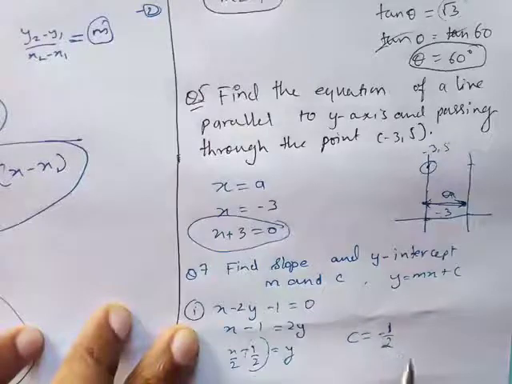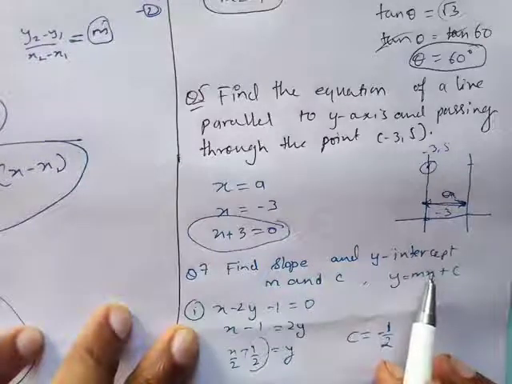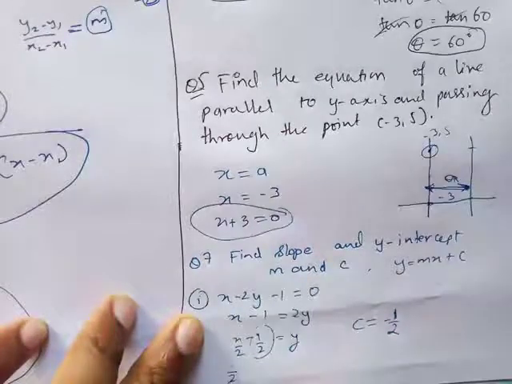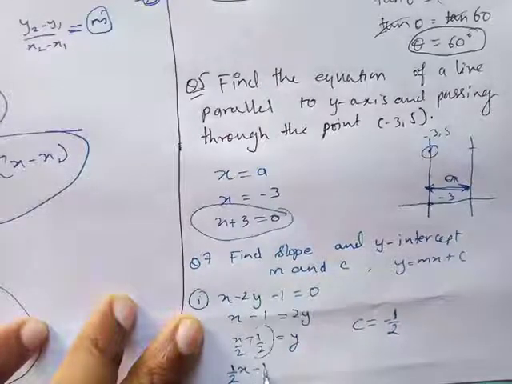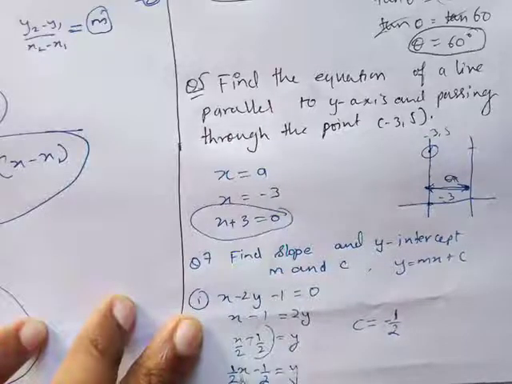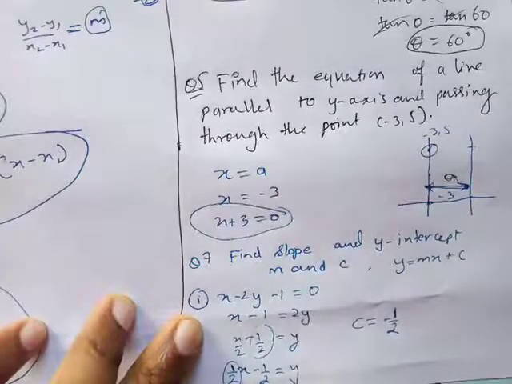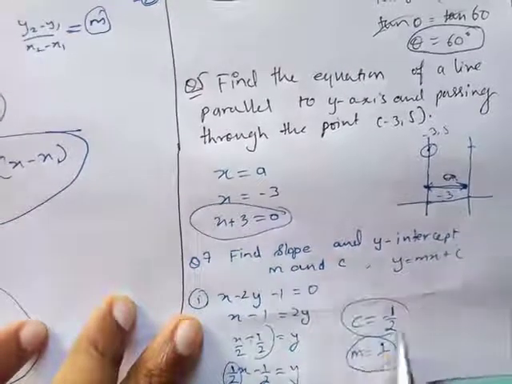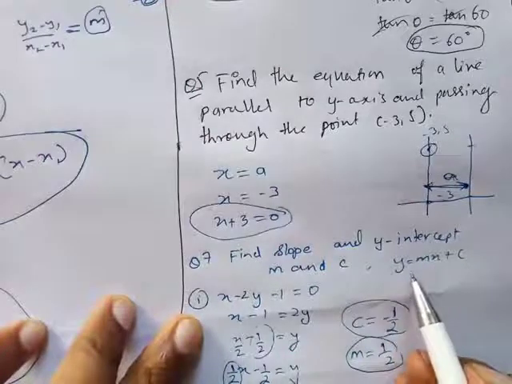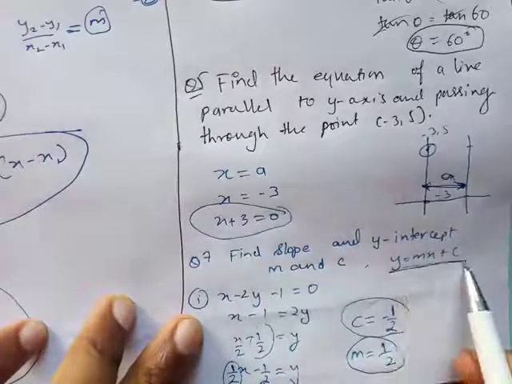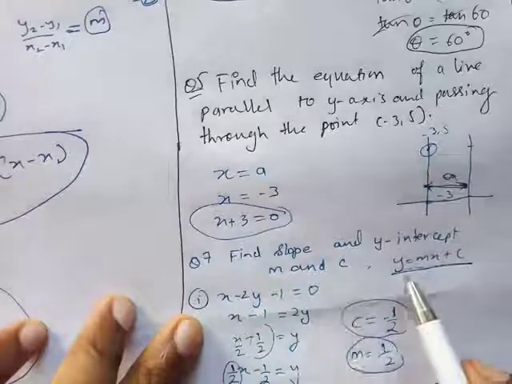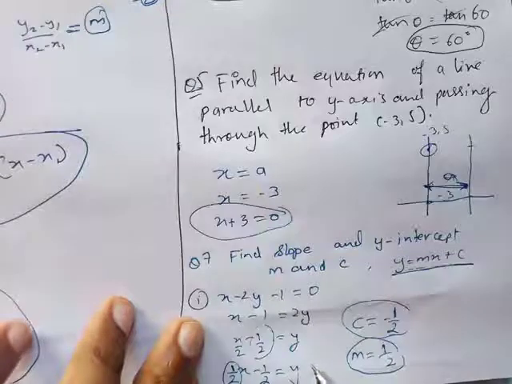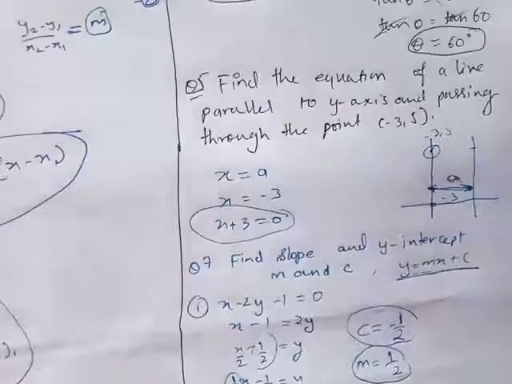What is m? Who's taking the place of m? The coefficient of x, what is there with x, that is m. So please have a look, what is m? If I leave x, then what is left with me? 1/2. So what is m? m is equals to 1/2. So I have both of them now. So basically what I have to do in the whole question, I have this. You can write this down and compare this. Shift everything on one side and keep y on one side, and then you'll get the equation very carefully. Okay, so that's how you have to do question number 7.